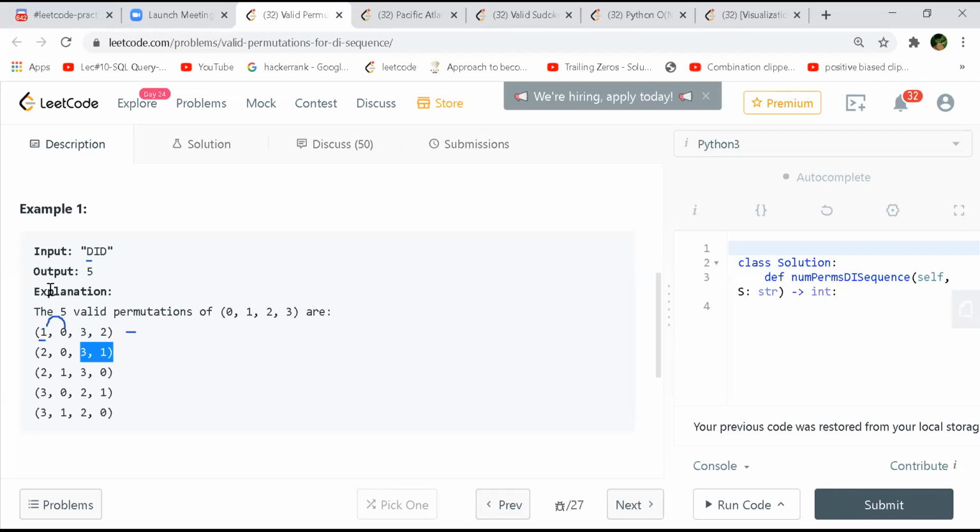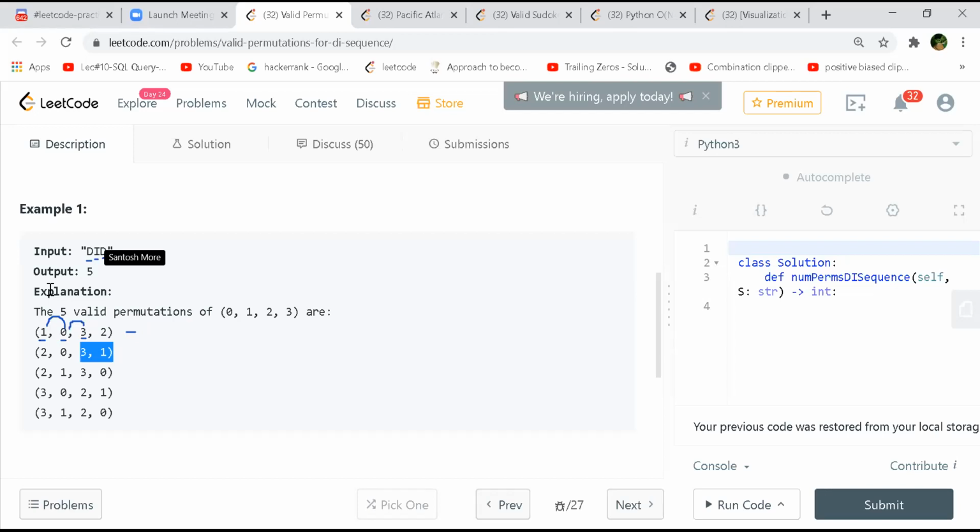Then the next is I, so now my current becomes 0, and I need to check that the next element is greater than 0. It is 3, so the condition is satisfied. Now 3 becomes the current element, and you look at D at location 2.